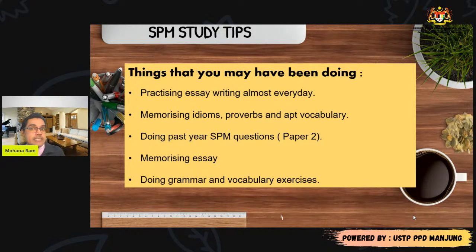Of course, reading is a good way for you to do it. Okay, reading is always good for us to improve vocabulary. But this is not the time for you to read storybooks. You don't have time for that anymore. Improving vocabulary by reading storybooks, all this happens, but in the long term. But at these crucial moments, the next 3 months, what you need to do to improve vocabulary for writing, to improve your structure for writing.